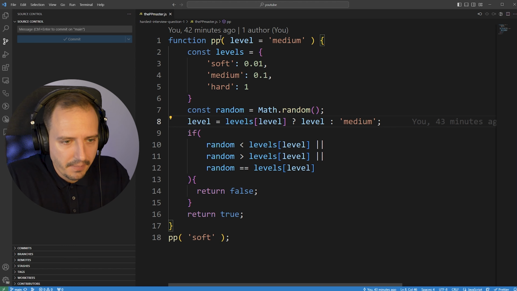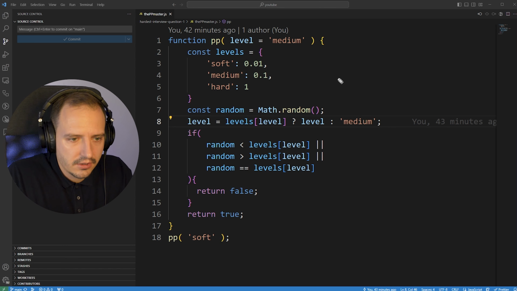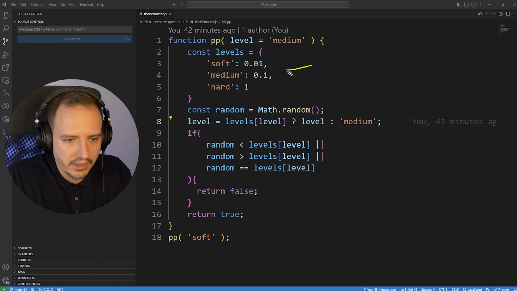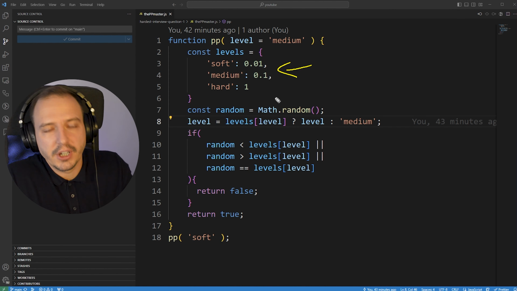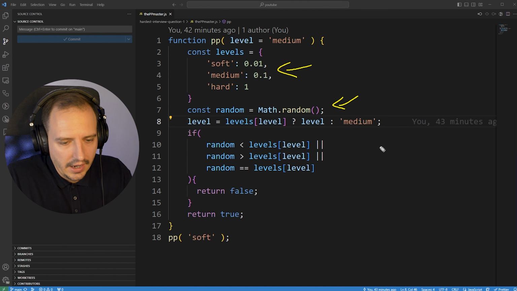So what's this? So we pass on a level. Then we have this constant levels right here, which has 3 properties. This is an object here. It says soft, medium, and hard. And the soft is 0.01, the medium is 0.1, and hard is 1. Who would have figured? Then we make a random number here, and then there's this line, and what